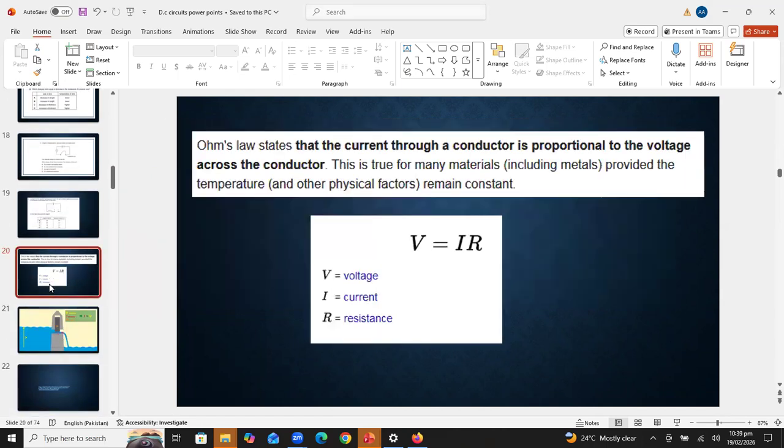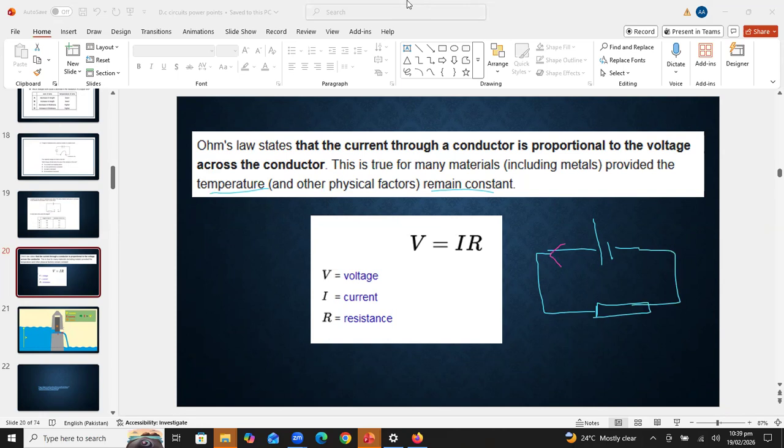Now I'm moving towards the next topic, that is Ohm's law. Ohm's law statement can be asked in your exam beta in theory paper. What is Ohm's law? Ohm's law states that current through a conductor is directly proportional to the voltage across the conductor. Alright, and Ohm's law is only applicable when temperature of a component will remain constant. क्या मतलब? देखिए बेटा, Ohm's law is telling us that suppose that this is a battery and this is a fixed resistor. Okay. Current is flowing through this circuit from positive terminal of a battery to negative.